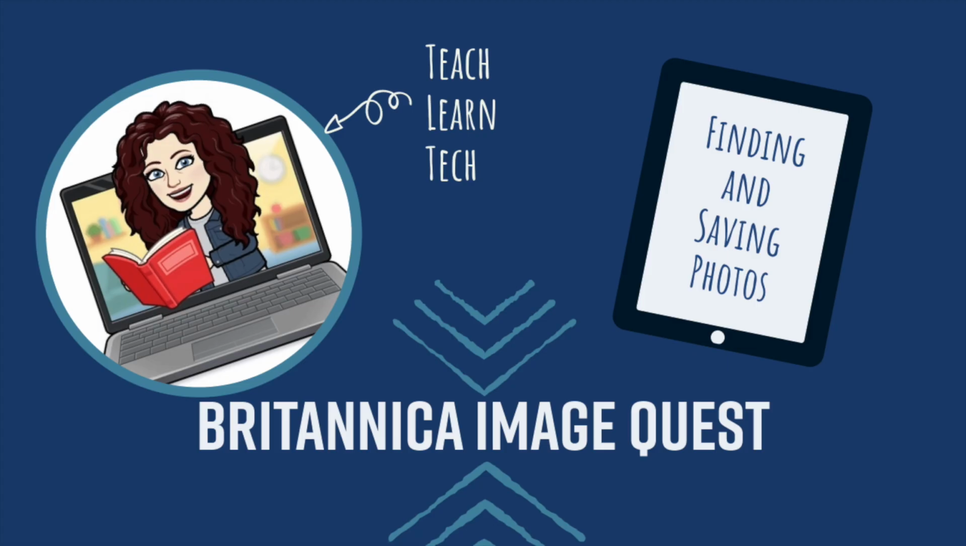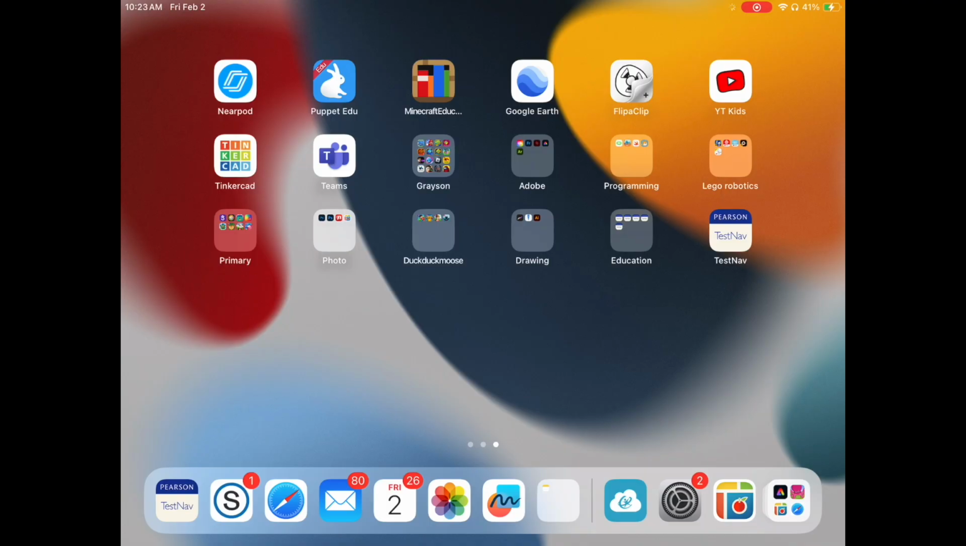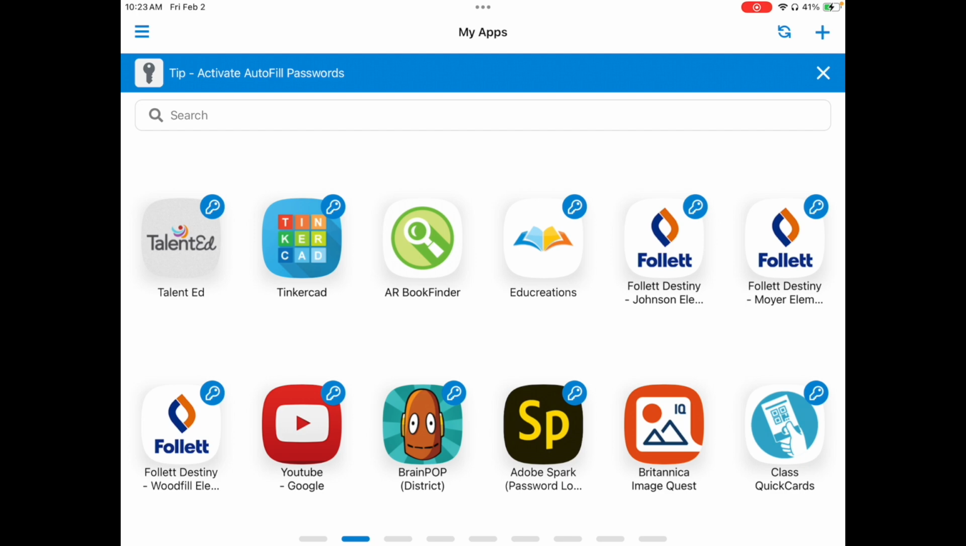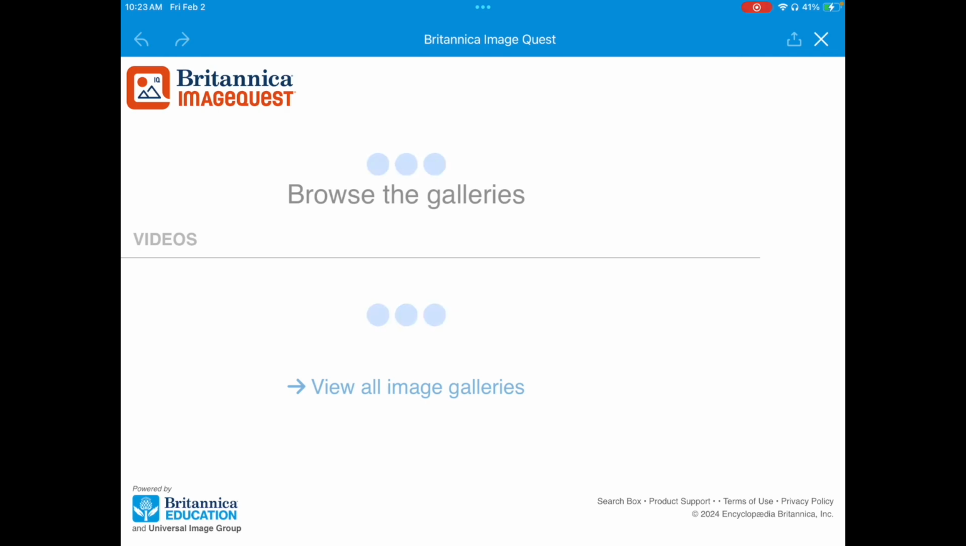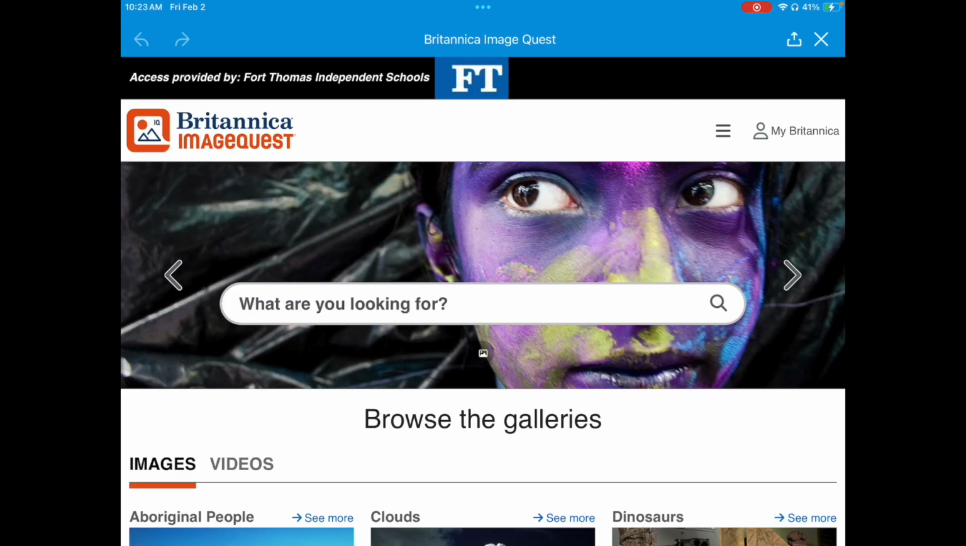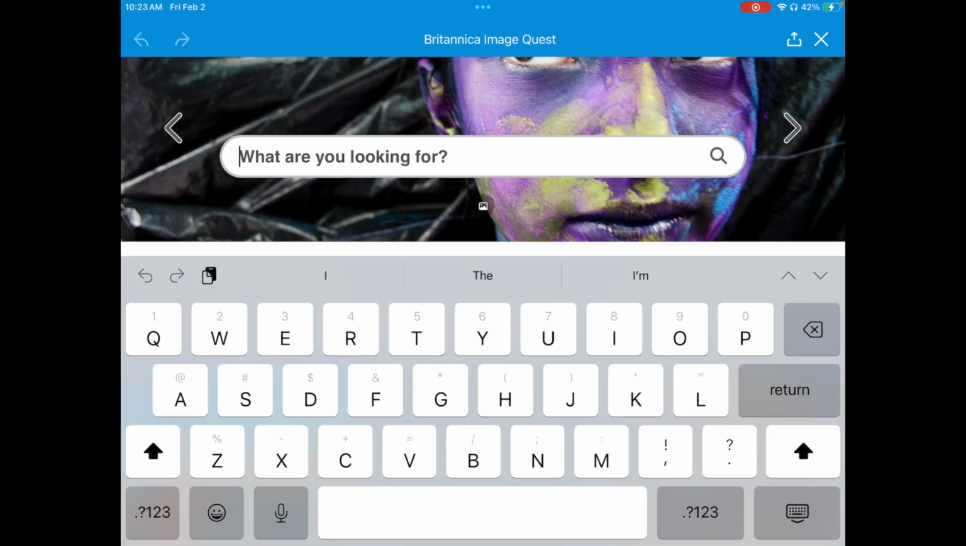Britannica ImageQuest is a subscription service that we use to help us find copyright-free images for use in different projects. To access it, you're going to open up ClassLink, and then you can search for Britannica ImageQuest, or it has some mountains with an orange background. So you will open that. It should automatically log you into our district account,